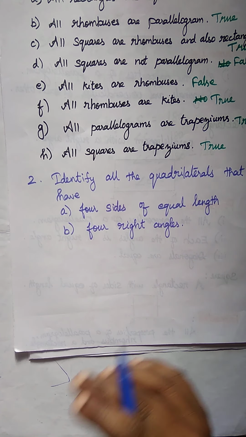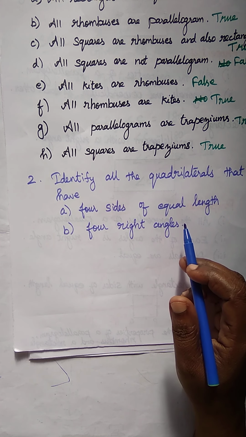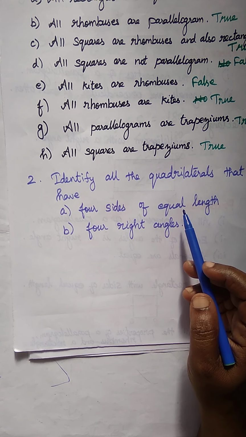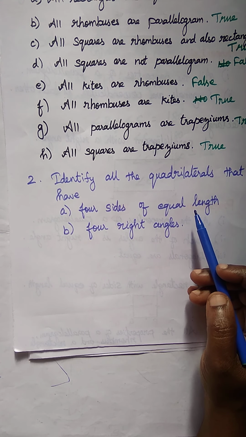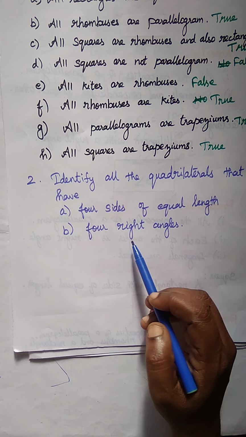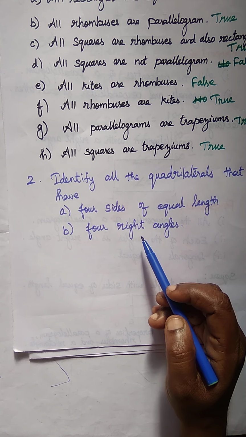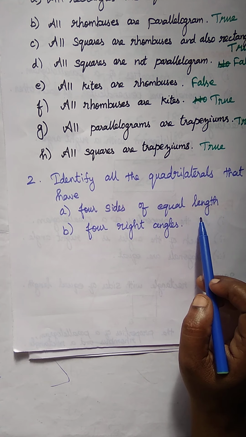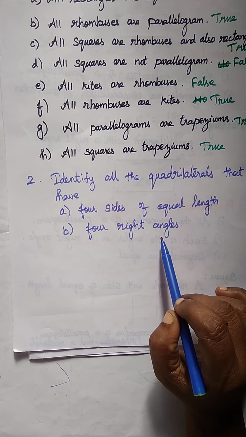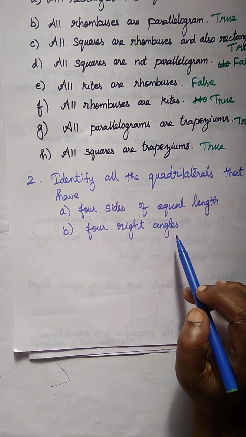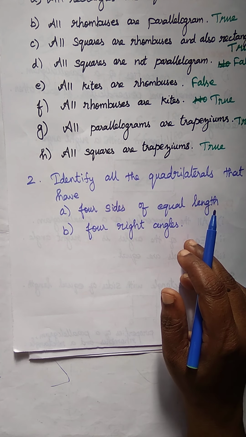So identify all the quadrilaterals. எல்லா quadrilateralsலையுமே 4 sides of equal length. Next question, 4 right angles. Identify all the quadrilaterals. அந்த மாதிரி 4 sides equal length வரக்கூடிய quadrilateral எதுன்னு ஐடென்டிஃபை பண்ணணும். Then 4 right angles வர்ற quadrilateral, which quadrilateral has 4 right angles அப்படின்றத ஐடென்டிஃபை பண்ணி you write the name of that அப்படின்றது தான் question.